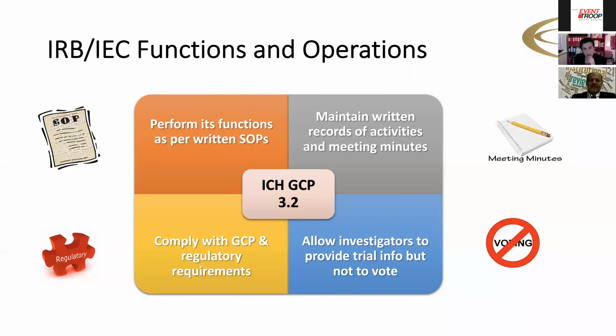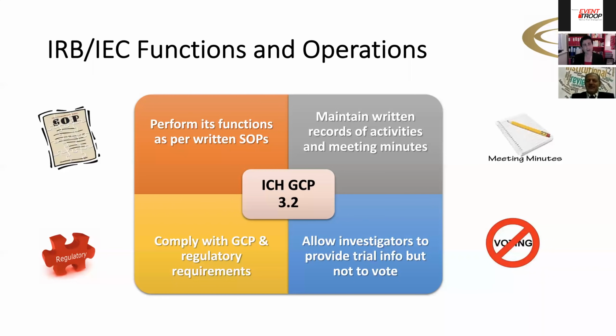Now, if you remember, I said earlier on, IRBs must have the appropriate qualifications and expertise to review a research proposal. What if they don't have that? Well, what GCP says is, if a situation arises when an IRB does not have the expertise, they can invite an expert. So let's say, for example, we are all an IRB. All of us are one nice, lovely IRB. And today we're going to review a pediatric clinical trial. But none of us are pediatricians. Let's say it's an oncology pediatric trial. We're oncologists, but we're not pediatricians.